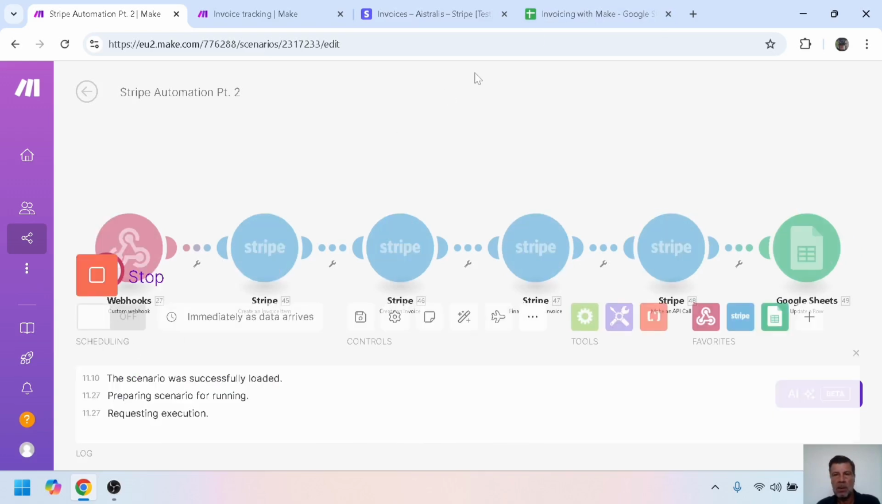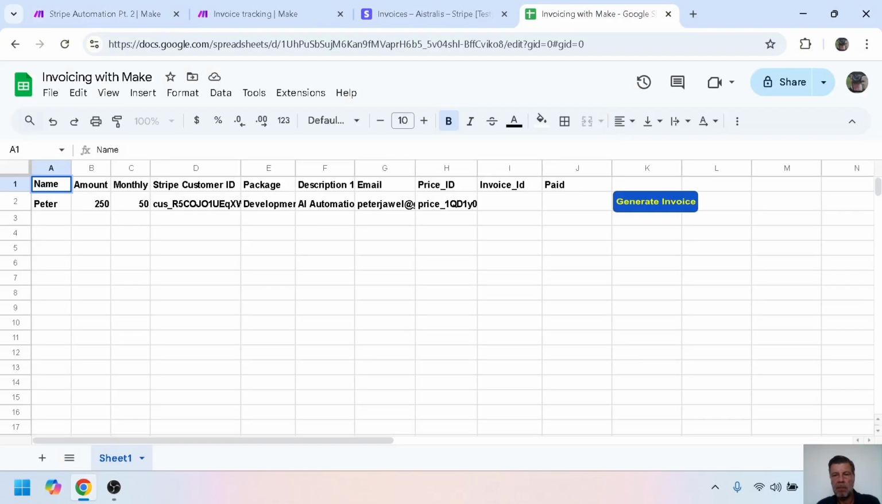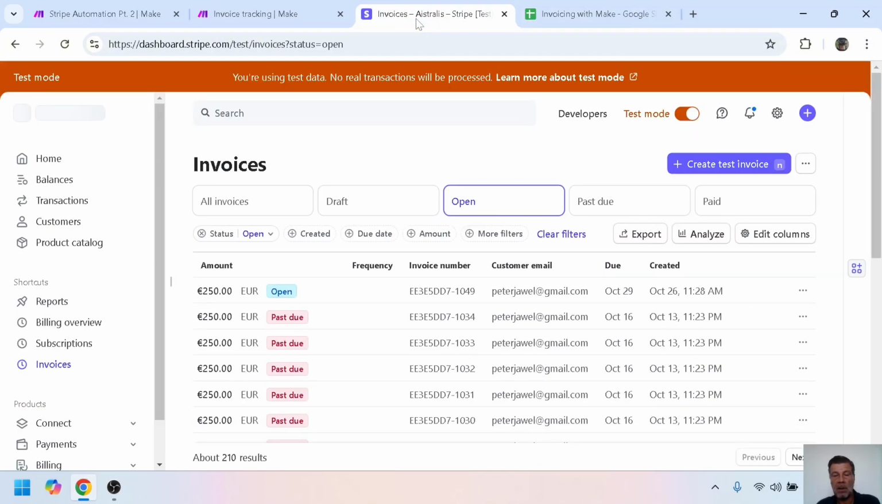Run once, generate invoice, and now wait 1 second. Here you see the sheet has been updated with the invoice ID, and paid is pending because we haven't paid yet. So now if we go to our Stripe, there you can see I am working in test mode,